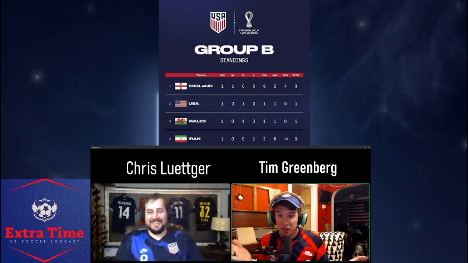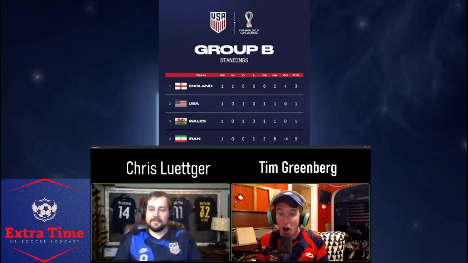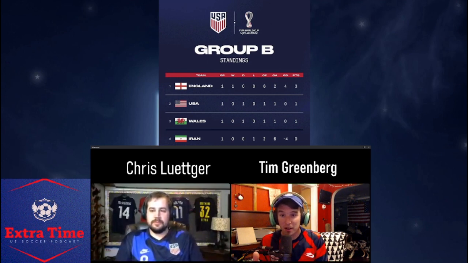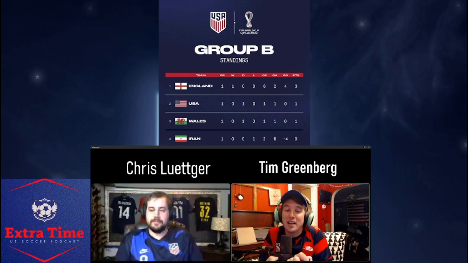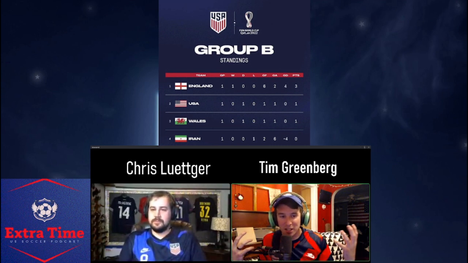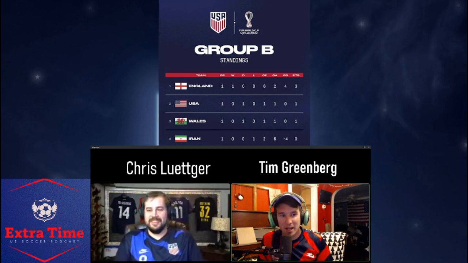But here's where it gets beneficial for us, though. If we get a draw against England, and then we beat Iran, now we're at 5 points. And now all we need is for Wales to lose to England in that final group game. Right? And as nerve-wracking as it is, from a spectator stance it does give you that rush, and it does make you love every single second of this tournament.